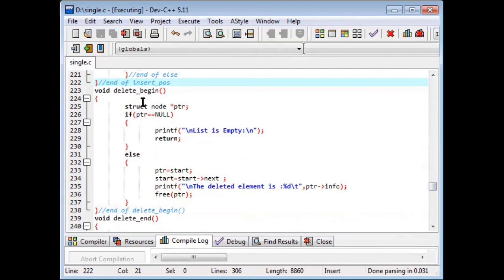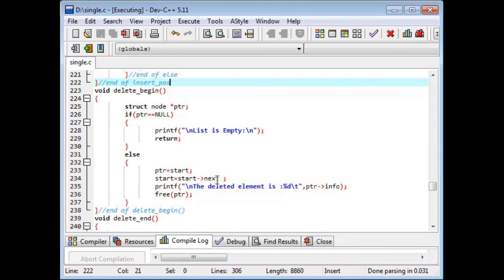So what we are doing, struct node, we are assigning one more node called PTR, and in case PTR is null, the list is empty, you can say. As per our example it's not empty. So here we will say start equal to PTR. We have to assign the head node to PTR.